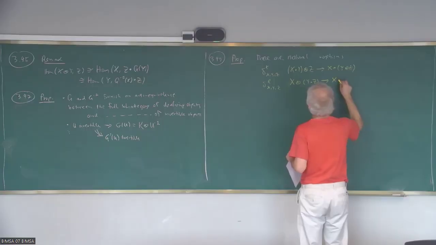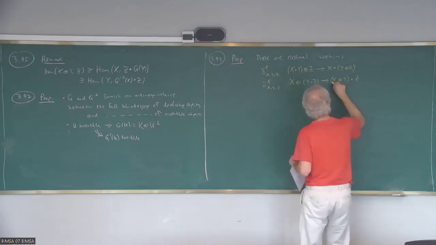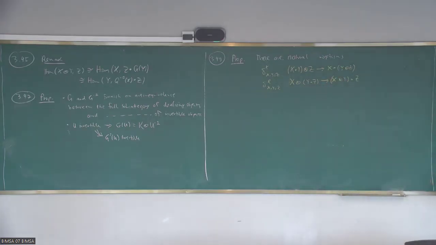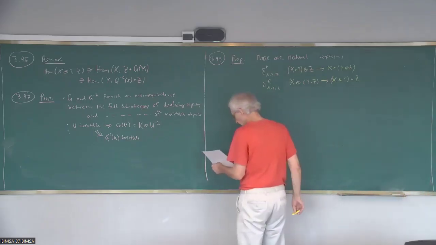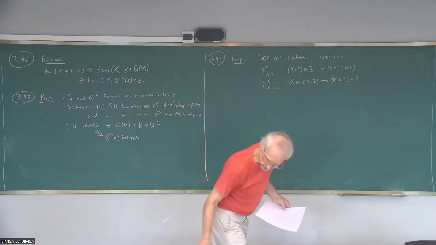I wrote this wrong, x tensor y blob z, and these are not isomorphisms, but they are morphisms in this direction, and normally you don't have an inverse, and they satisfy